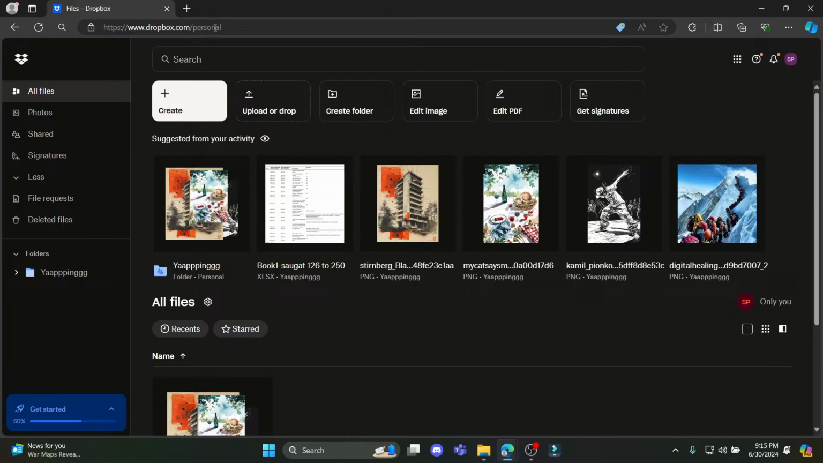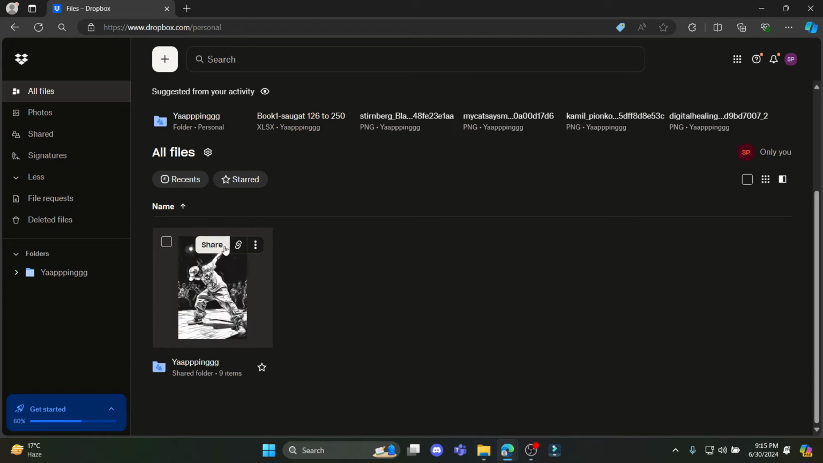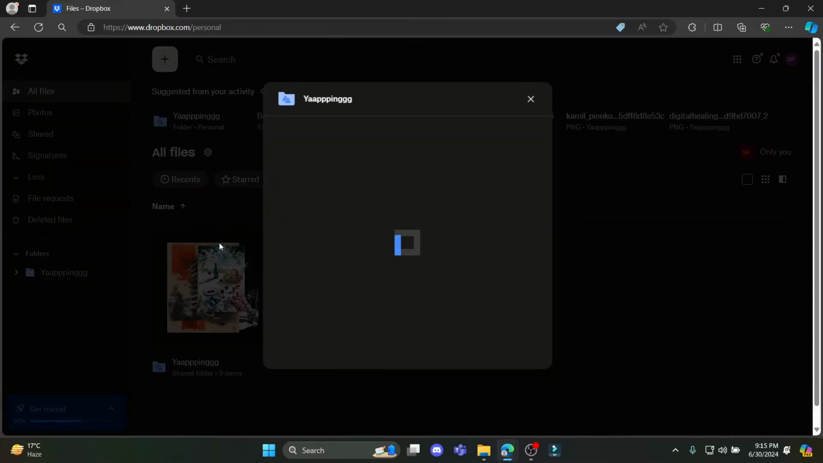Go ahead and open Dropbox.com on any of your browsers. After you do so, log into your account and you can see your folder over here. I'm going to teach you the two ways how you can create a password. So what you can do is click on share